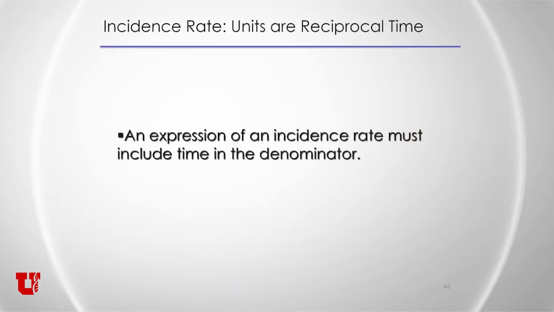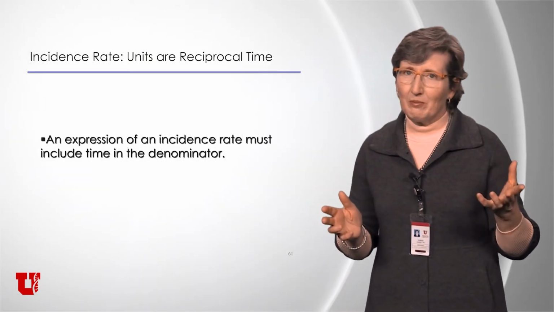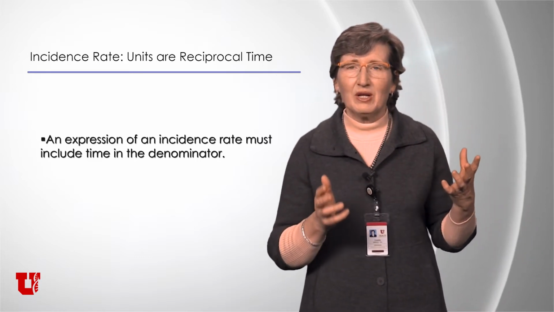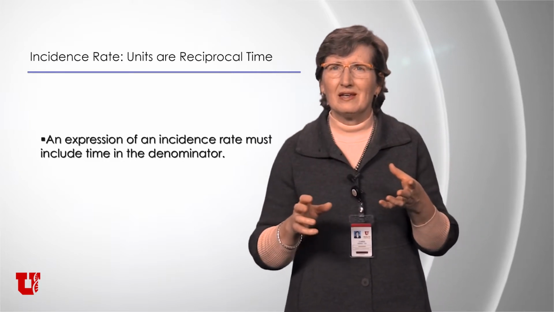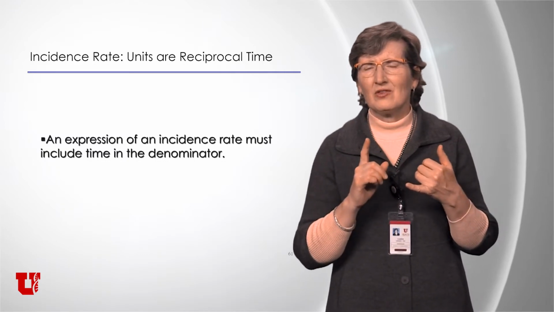Okay, so for an incidence rate, the units are reciprocal time. I just love that phrase, by the way, reciprocal time. An expression of an incidence rate must include time in the denominator. So when people call something a rate, again, people just casually talking about some kinds of numbers in biomedical sciences, they love to say the rate of this, the rate of that, but often they just meant the amount, the count, the quantity, whatever. When we say rate in epidemiology, we're going to say it's going to be a number